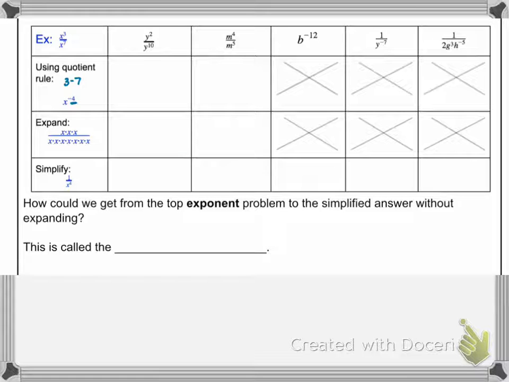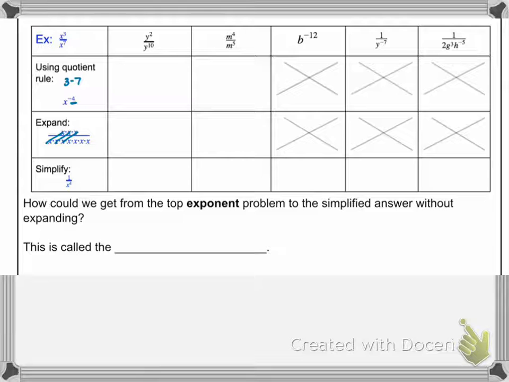And so what I'm going to do instead is I'm going to expand that problem that you started with up here. So you're going to see here I've got 3 x's on top and 7 x's on the bottom. And what's going to happen is you're going to think to yourself, how many x's can you make ones out of? How many can you cross off using that giant 1 rule? And so there I'm able to cross off 3. And so I'm left with 4, but I'm not left with 4 on the top,